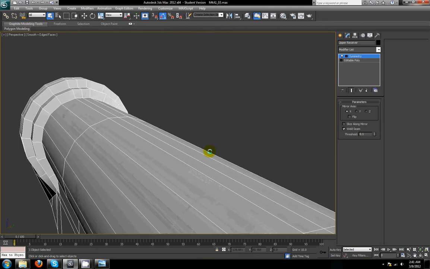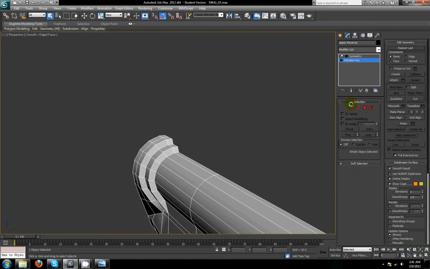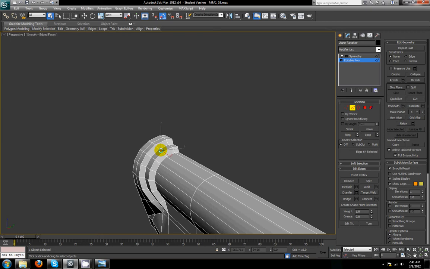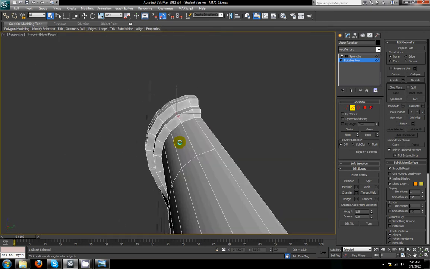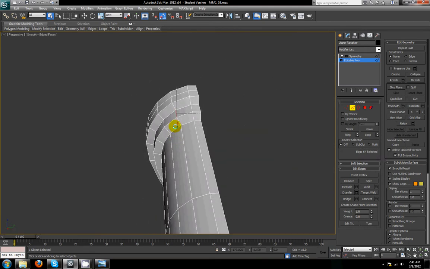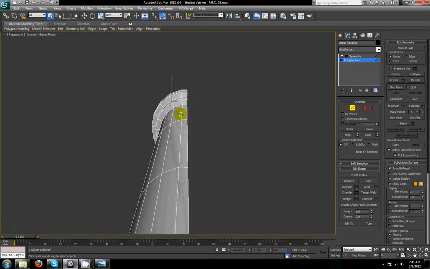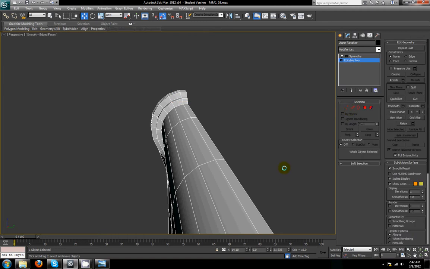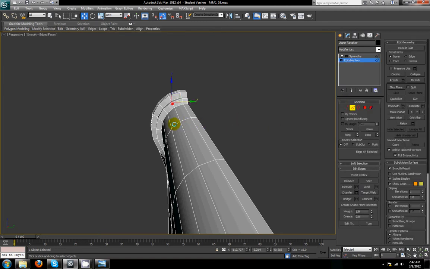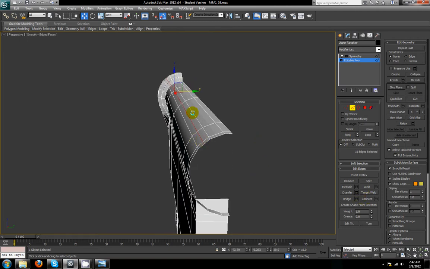Next thing I'm going to do is go into editable poly mode, select edge mode, and take this edge right over here as my width. I'm going to use this as the width of my rail mount system, or at least the Y value for where the width of our rail mount system is determined. So I'm going to copy the Y value here,